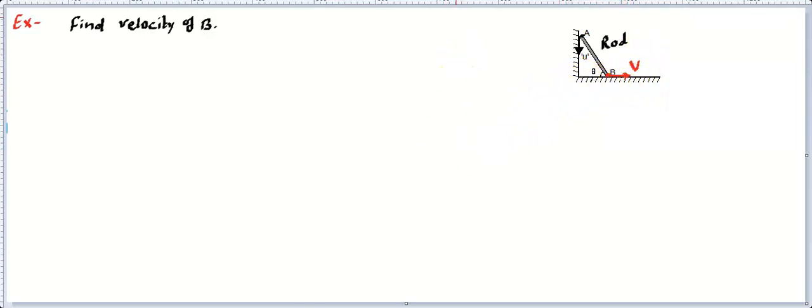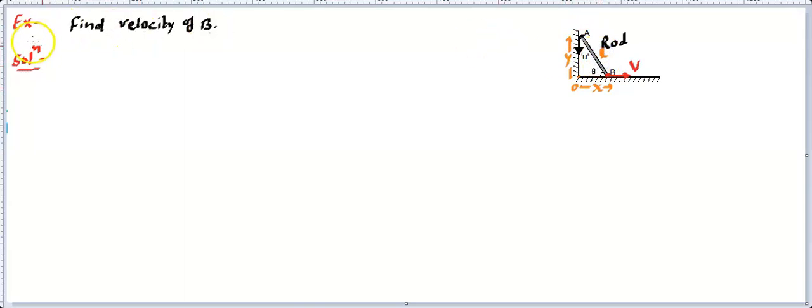So let me solve by using the basic method, and then we can have other methods as well. What is the basic method, that I'm going to explain over here. You consider this point as the origin. Locate the location of A and the location of B using kinematics. Let's say the location of B is indicated by position X. So at any instant B is X distance from the origin, and let's say A is at a Y distance from the origin. Okay, and let's say the rod length is L.